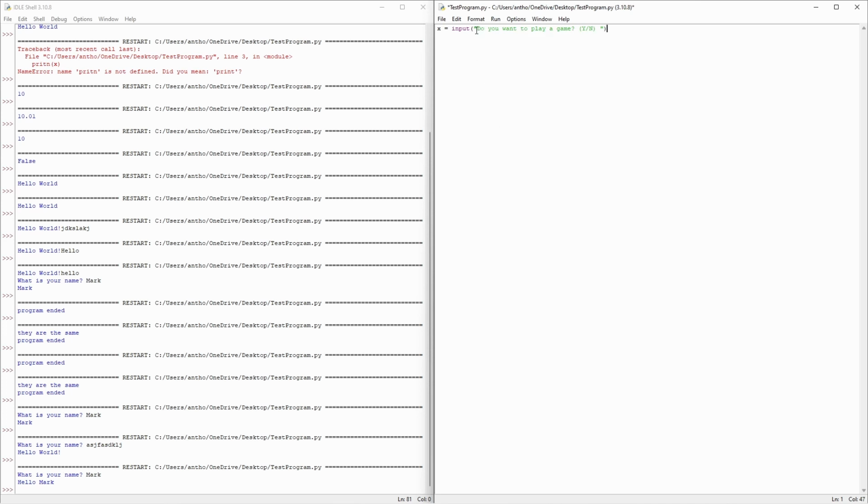So this is going to print the string, "Do you want to play a game? Y/N", with a space. And whatever the user types in, ideally Y or N, is going to be stored into the variable X. So let's now go back to a previous thing we learned, the if statement. So let's say if,